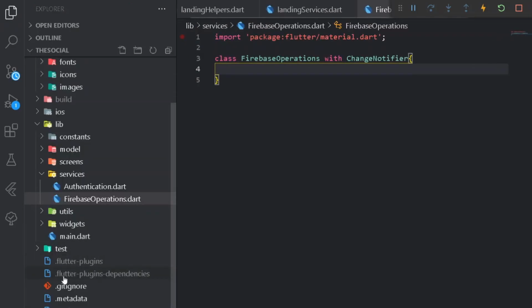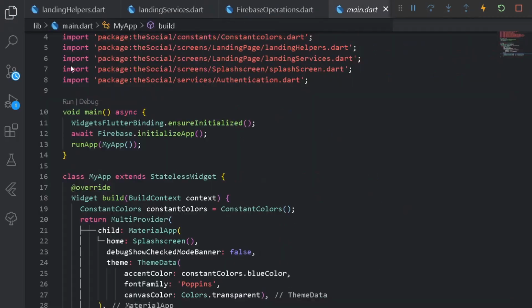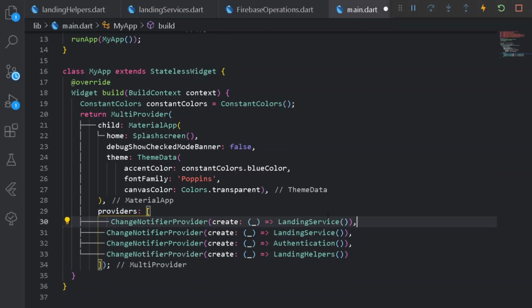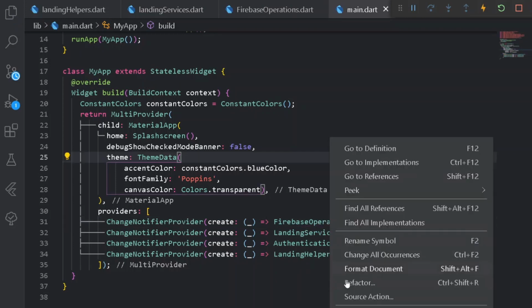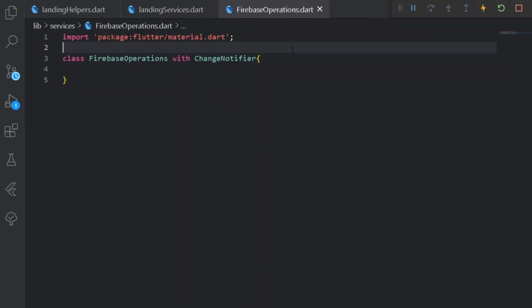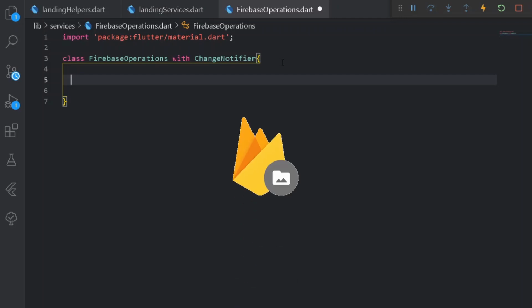So as we have done this, let's move under main.dart file and add the following provider under our children of all providers. Let's have Firebase helpers, that is Firebase operations. So as we have done the following changes under our main.dart file, let's move under Firebase operations. So under our Firebase operations, we need to create method for uploading the user image along with its credentials under our Firebase storage. Also refer the following image under storage under our Cloudflare store. So let's make it happen.